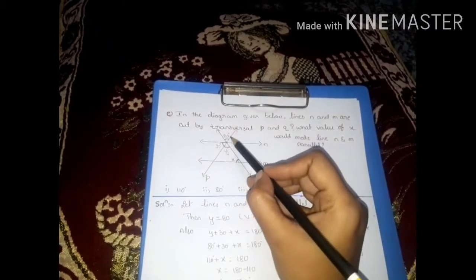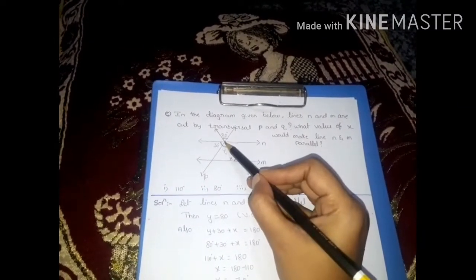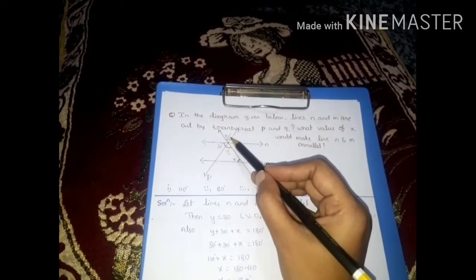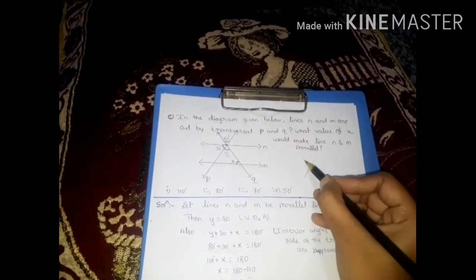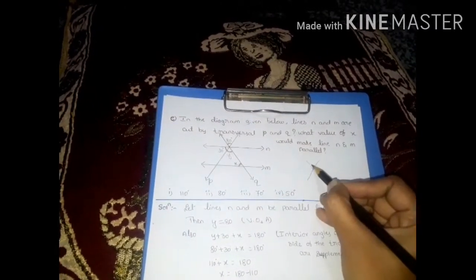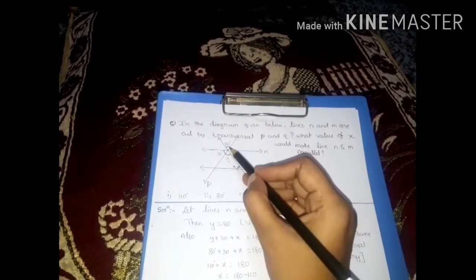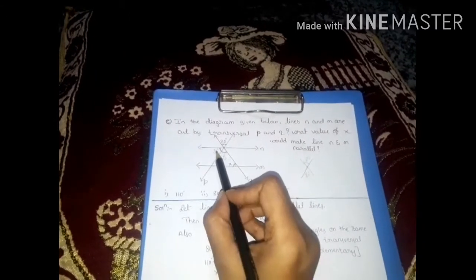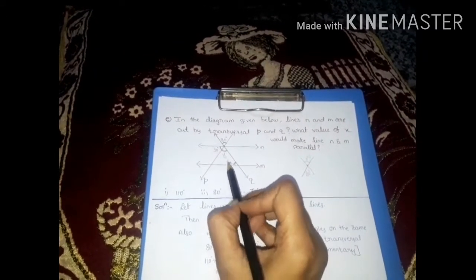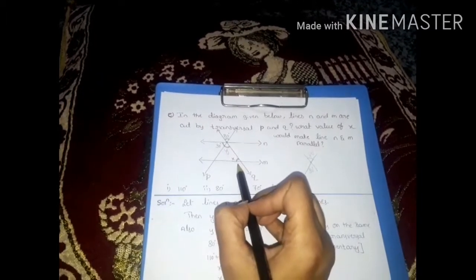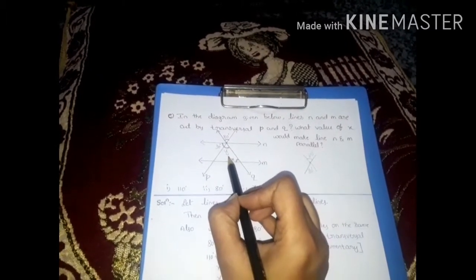Here, the P line and Q line, these two meet at this point and make an 80 degree angle given in the figure. Two lines cross each other at one point. This angle is given as 80 degrees. And here this angle I am going to consider as y. Then y is also equal to 80 degrees because these two are vertically opposite angles. Then the 30 degree angle, angle y plus angle x, these are interior angles on the same side of the transversal and are supplementary. Then you can find the x value.